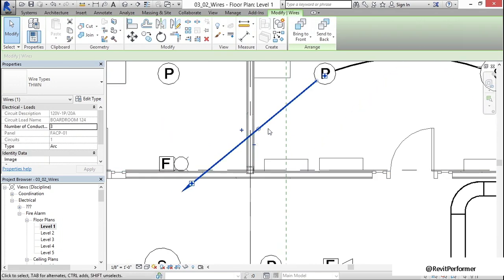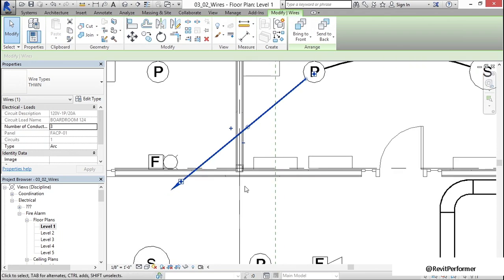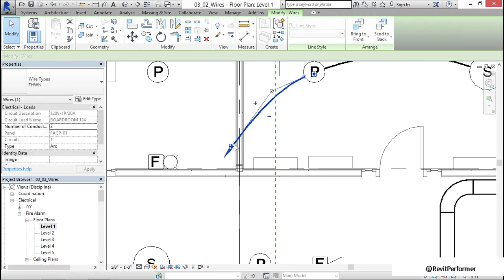We could reverse our ticks, but if I remember correctly, we turned all of our ticks off in our electrical settings. But what I can do is pull this back or up or down a little bit if I don't like exactly where it is. If we get too close, it'll start to bend a little bit funny. But we can still grab the grip in the middle and move that back up and in. And we can grab our home run and move it in.